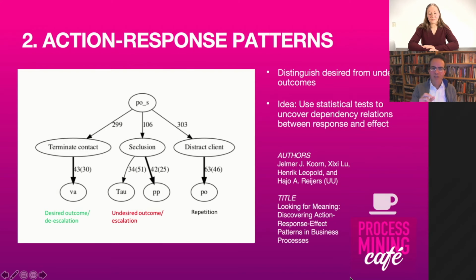And the thick arrows and the more narrow arrows indicate whether something happens more often than you would expect. And if something happens more often than you would expect just by chance, it means that there is a causal effect. So what you can see here is that terminating the contact is leading to a desired outcome on many more occasions than you would expect just by mere chance. So terminating contact in this physical aggression situation is a very effective response.